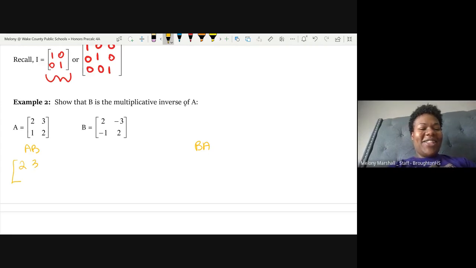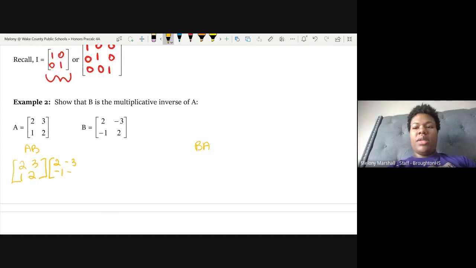All right. So [2, 3; 1, 2] is matrix A, times [2, -3; -1, 2], not a -2. We multiply those. We have already figured out how to multiply. And recapping, if you want to put it in your calculator, you totally can. But remember, you have to multiply the row